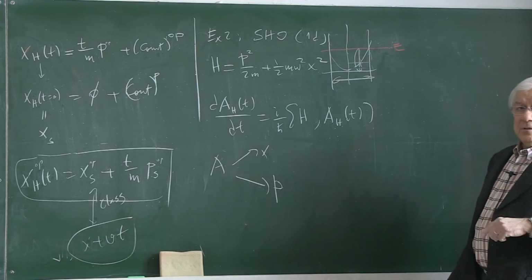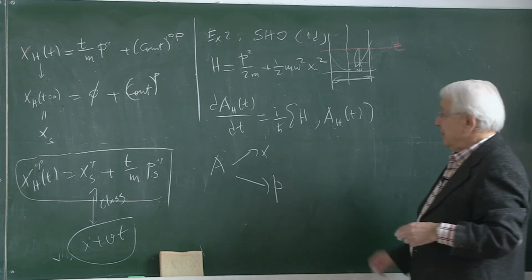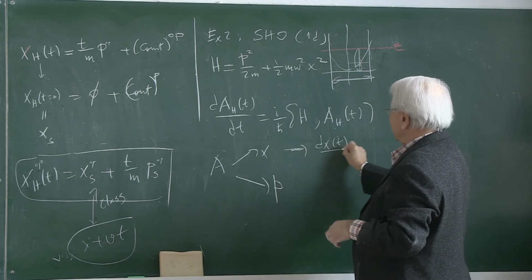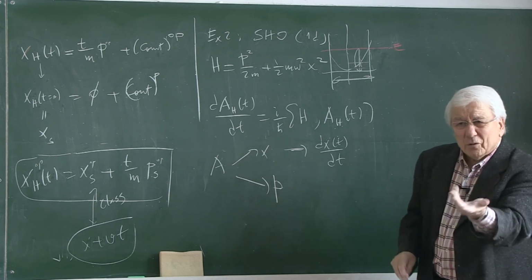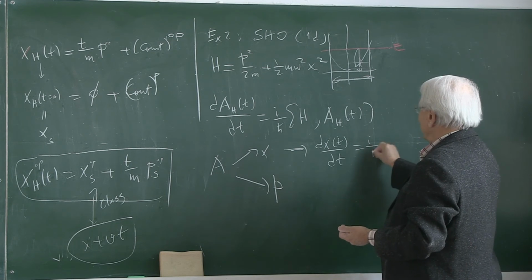And then you work out the dx/dt, dp/dt, and integrate. Let's do that. The first one is easy. dx(t)/dt, if you allow me, I will drop the H labels as they are depending on t, obviously. I'm in the Heisenberg picture. i over h bar